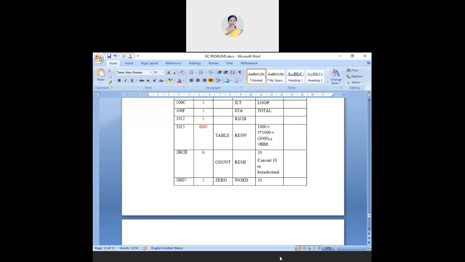Done? So if you want me to read the pass two, I'll just read, or you will read by yourself. Shall I explain pass two now? Yes or no? Yes, ma'am. Okay, so this is a pass two algorithm. See, whatever you did now, when I read out, it becomes very clear.